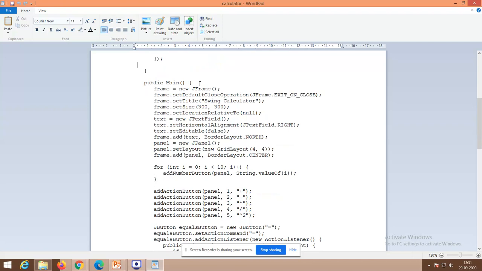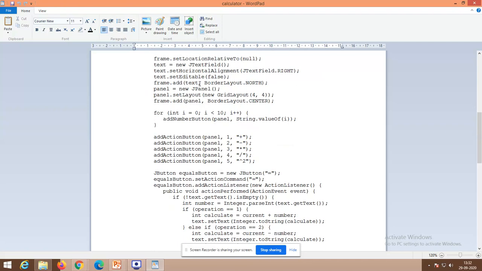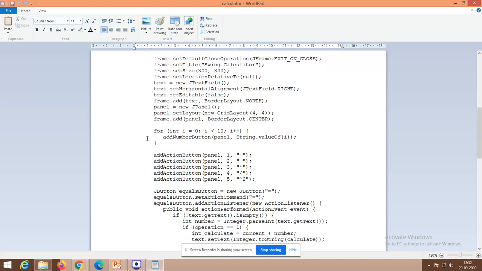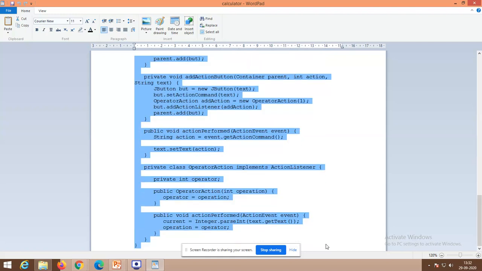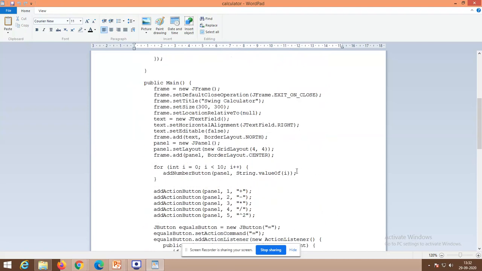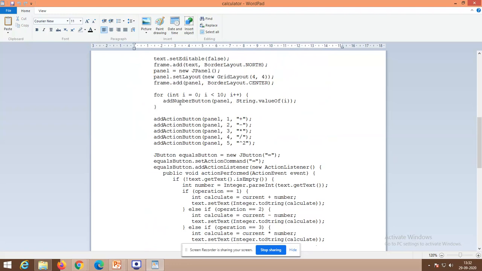Okay, and here are some of the things that you have to remember. We will go with the buttons. I want to create the buttons, and I have to add them to the corresponding panel. You need to see here that this is the place where they are generating the buttons. They are generating the buttons 0 to 9. Apart from that, they are generating the buttons for the operations. The generated buttons are being added to the corresponding panel. So here the operations are being specified, as well as the equal-to operation.